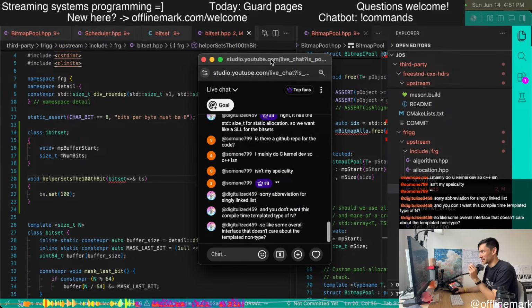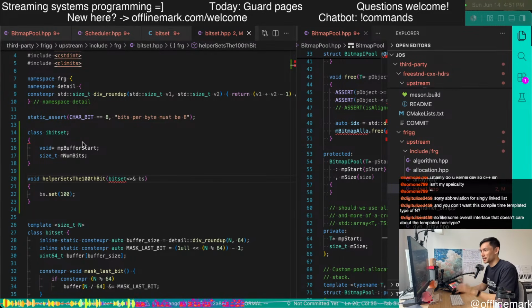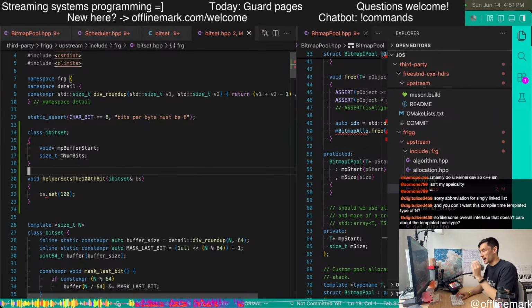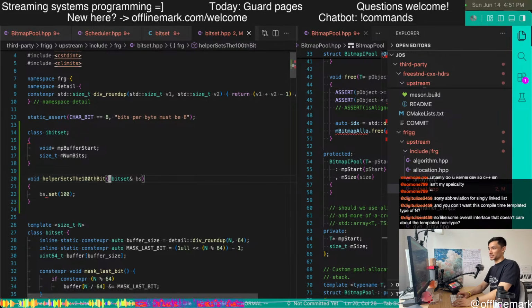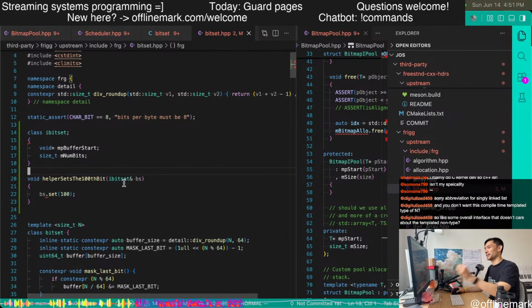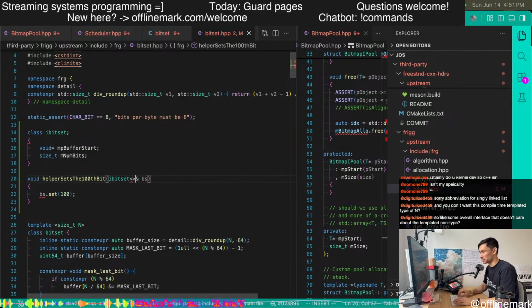Yeah, I think that's exactly it. We would absolutely love to have this bit set, but it simply does not work because we need to have a number here. And so the idea is to have some other type called the IBitSet, which allows you to do this. It can take any kind of bit set you pass to it, and it doesn't hard code some specific bit set size like a 200 bit set or something like that.